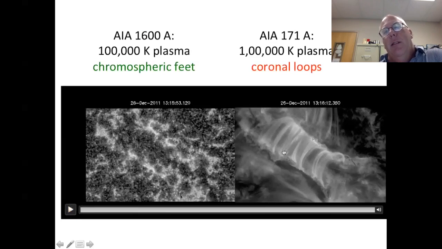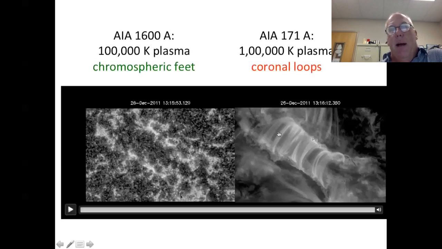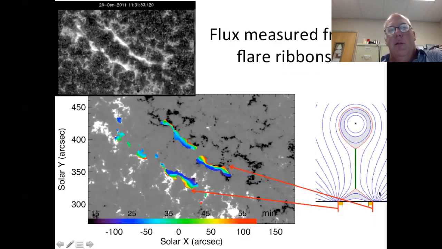Then we see these nice little loops, and you're looking more or less down on this whole process. So these loops, you're looking straight down on them. They show up a little bit later because we do have to wait for the plasma to cool into that bandpass. I'm not going to worry about that, except to show that yes, this is very consistent with a cartoon. There's our cartoon. The loops are these